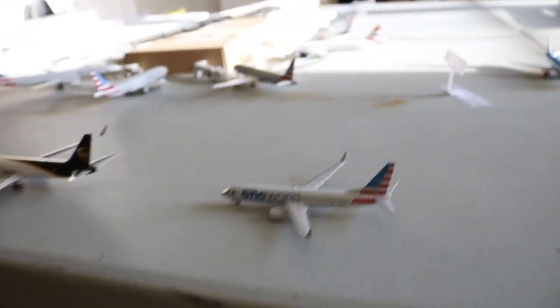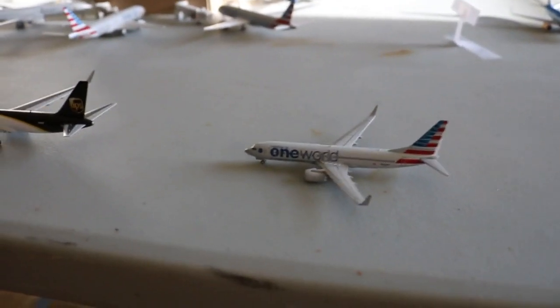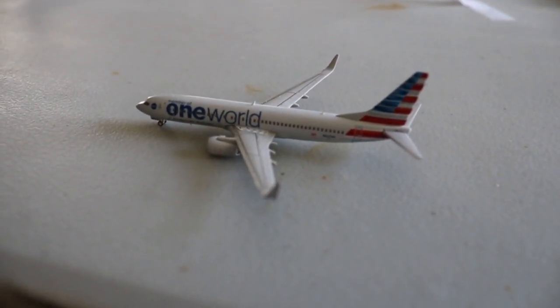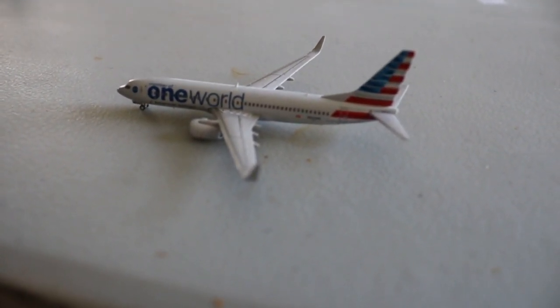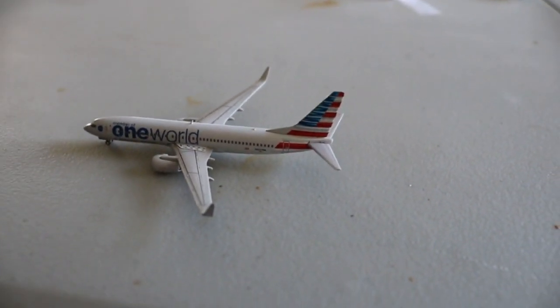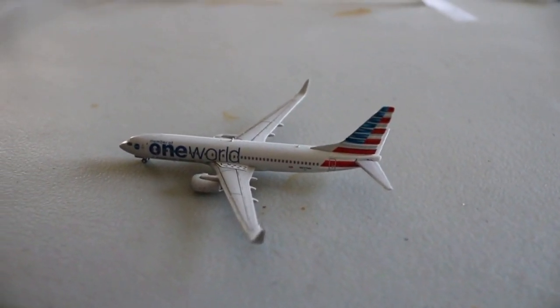Let's start over with right here. Here we have an American Airlines Boeing 737-800 in the One World paint scheme, currently taxiing out with service out to... sorry guys, let me get some new routes flowing in Bell City, and we'll be heading out to